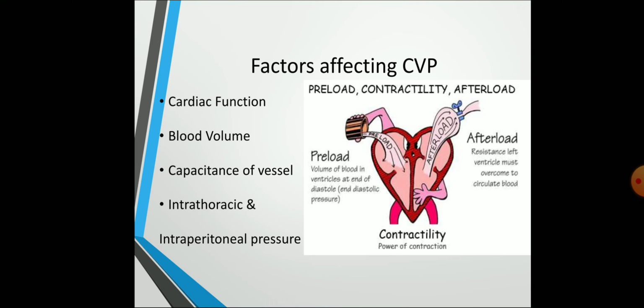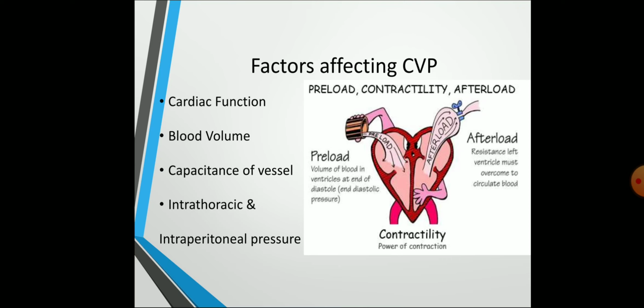Diastole means ventricular relaxation. Normally the blood from the veins comes to the right atrium, and through the right atrium it enters the right ventricle, and from the right ventricle it passes into the pulmonary vessels. Through the pulmonary vessels it enters the left atrium, left ventricle, and then goes to the aorta, gets spread to the rest of the body, and then comes back.